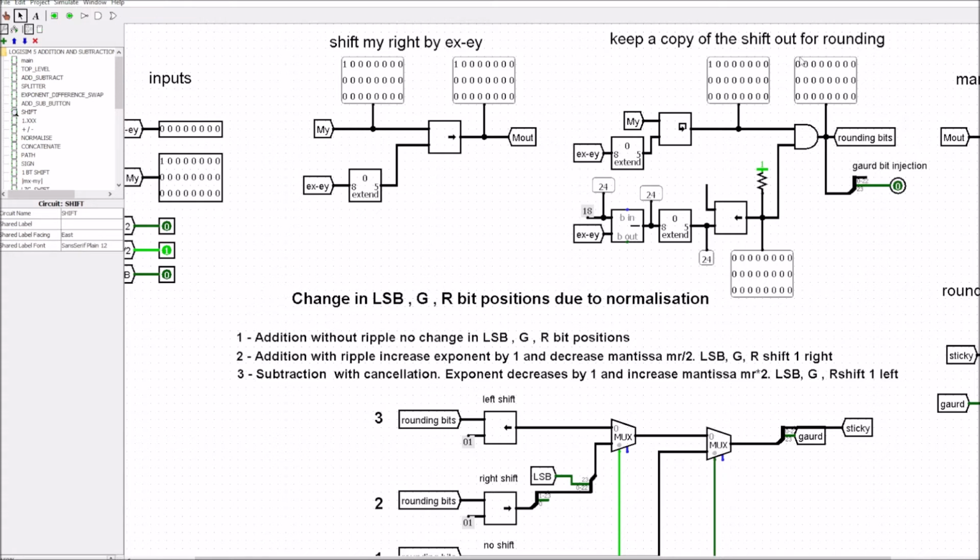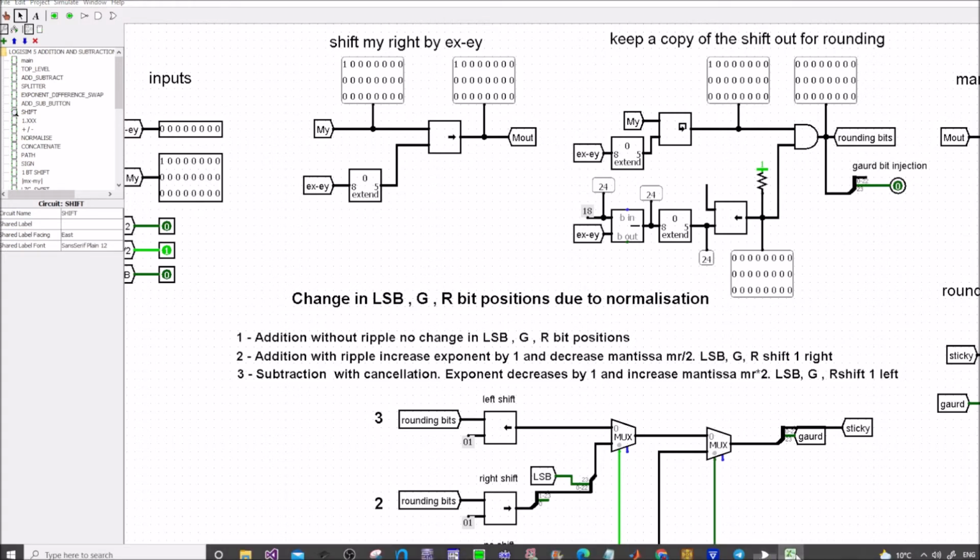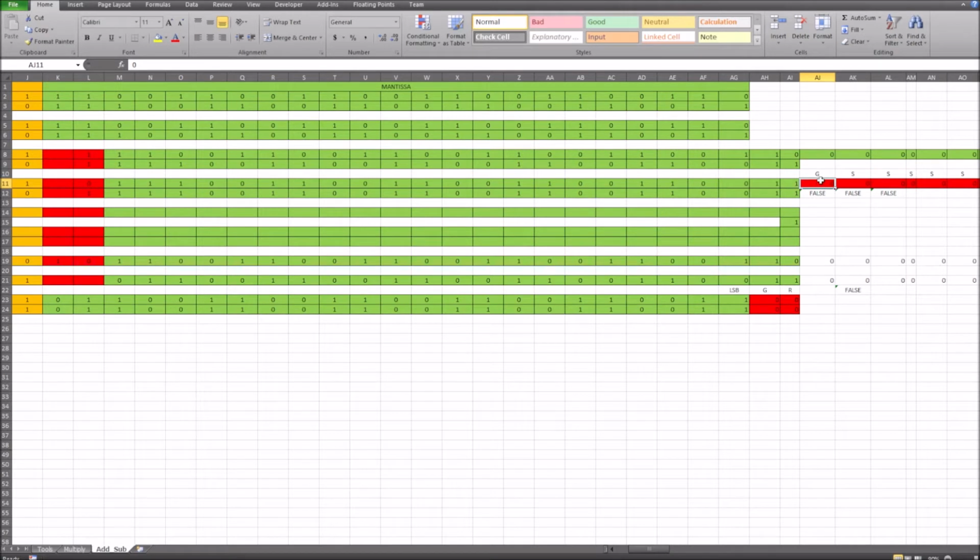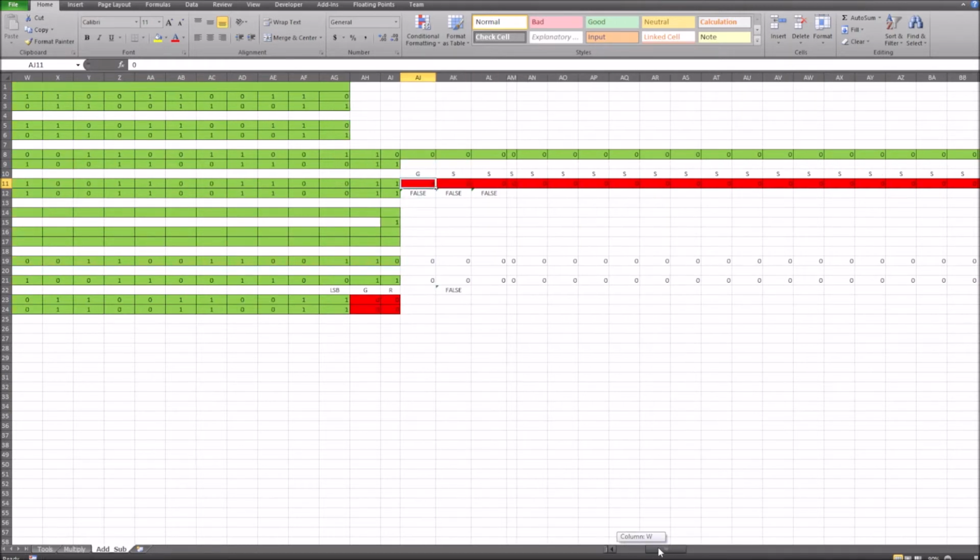Now, I won't show you where that comes from just now, but we'll show you that in a minute. But we're going to have to drag in the least significant bit from the answer. And of course, the previous value for the least significant bit is going to become the new significant bit. So for example, in this example here, we're going to be shifting everything to the right. So when we shift everything to the right, it means that all of these values here